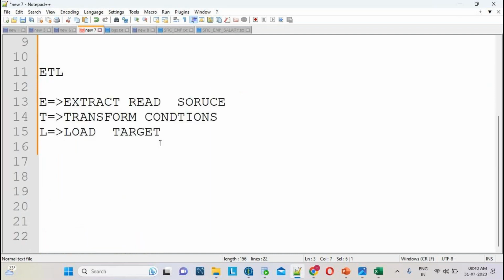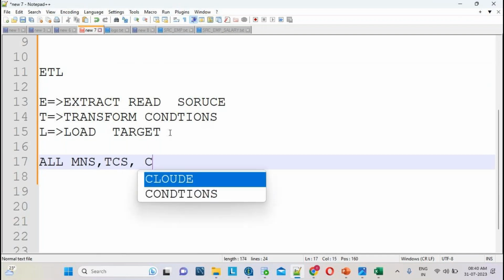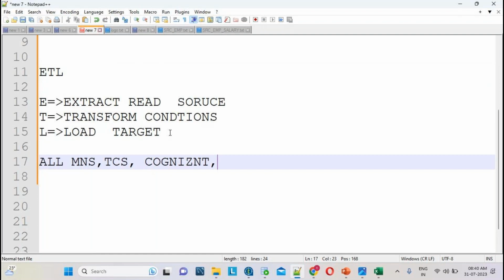Coming to the openings side, most MNCs like TCS, Cognizant, IBM, Virtusa, Capgemini have a lot of openings.